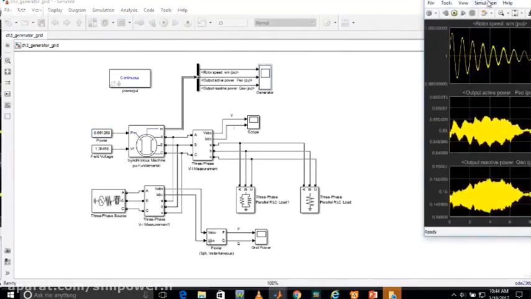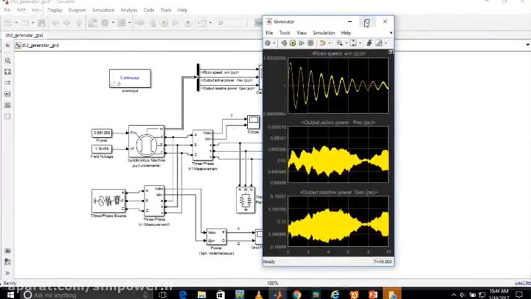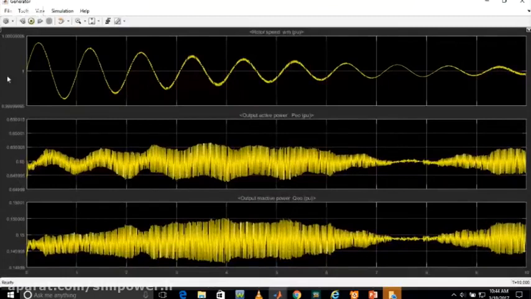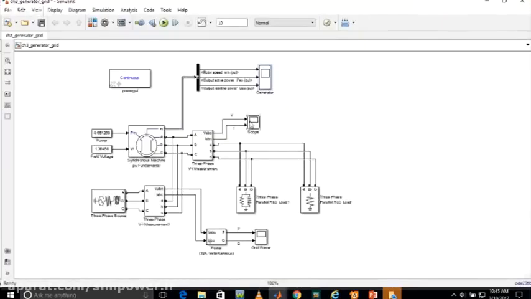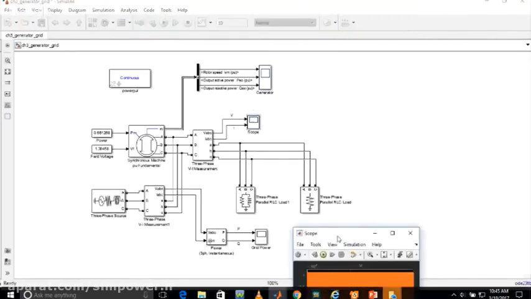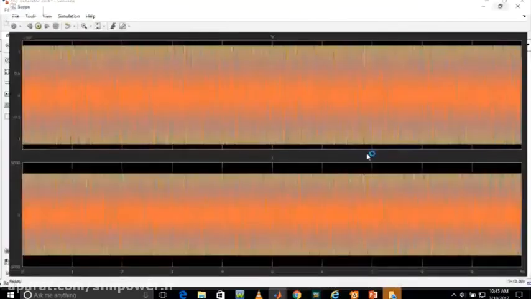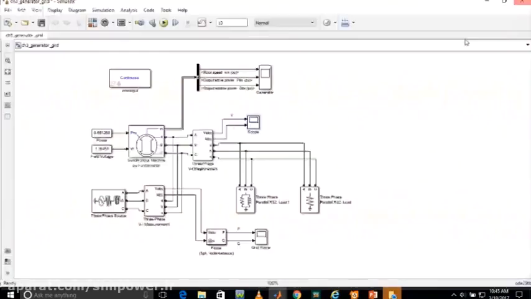This is our generator, whose rotor speed is varying, we are getting a variable speed, and similarly the output active power and reactive power it is delivering is around 0.65 and 0.15 per unit. And similarly, this is the voltage and current we are getting from our